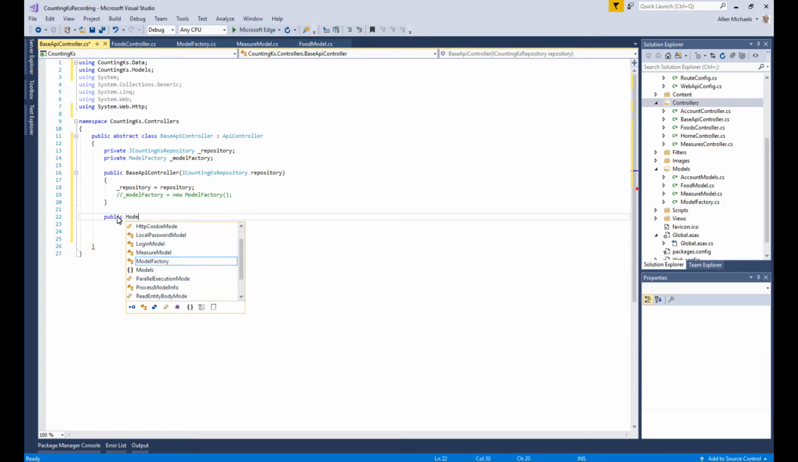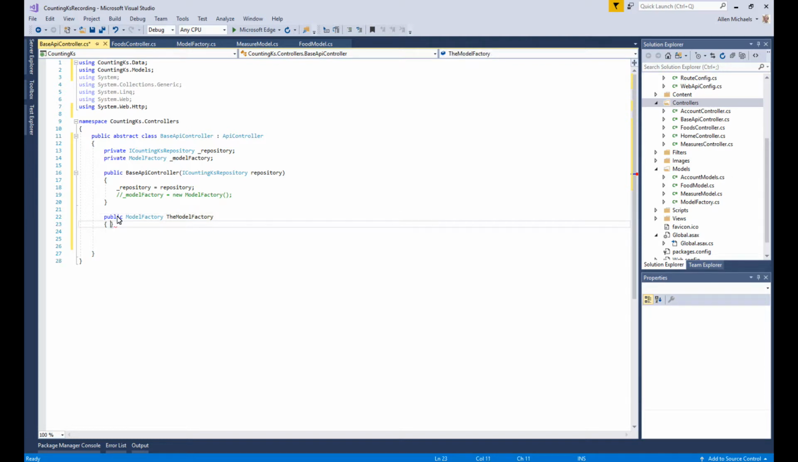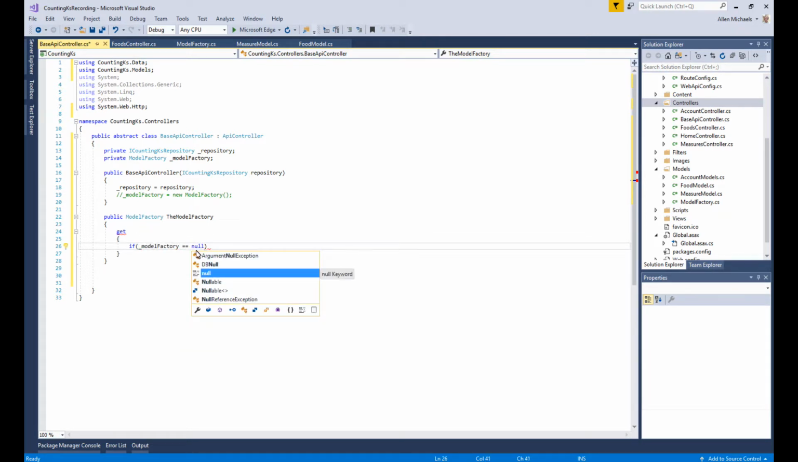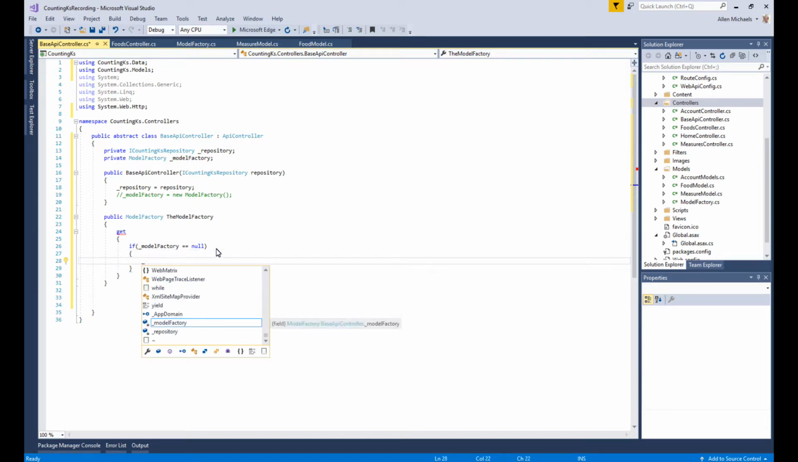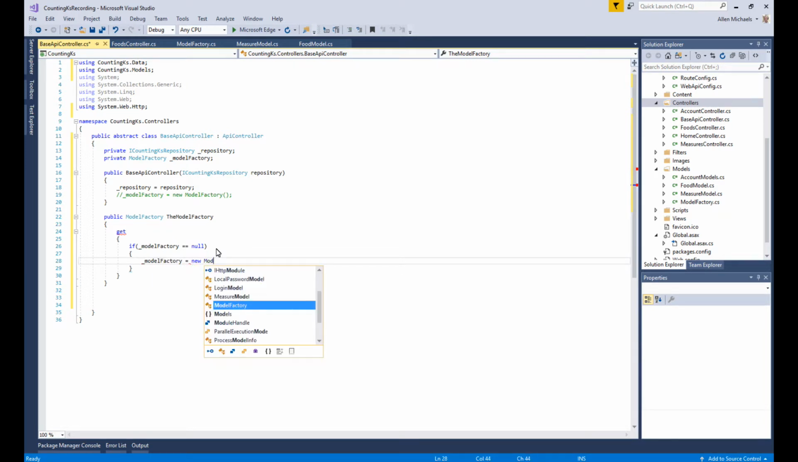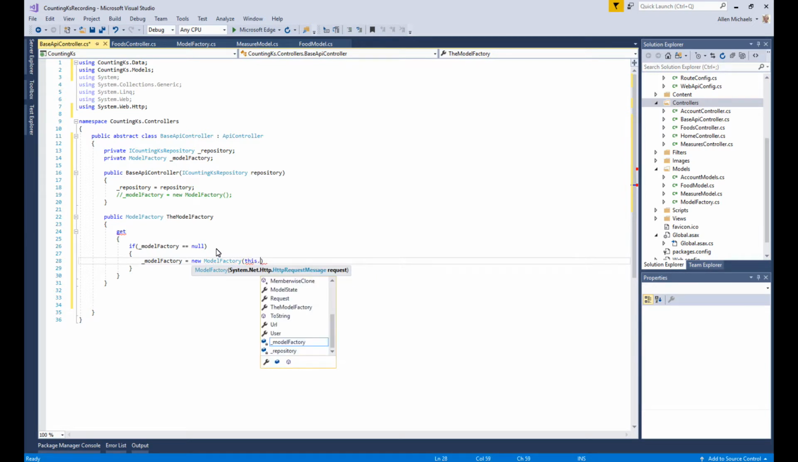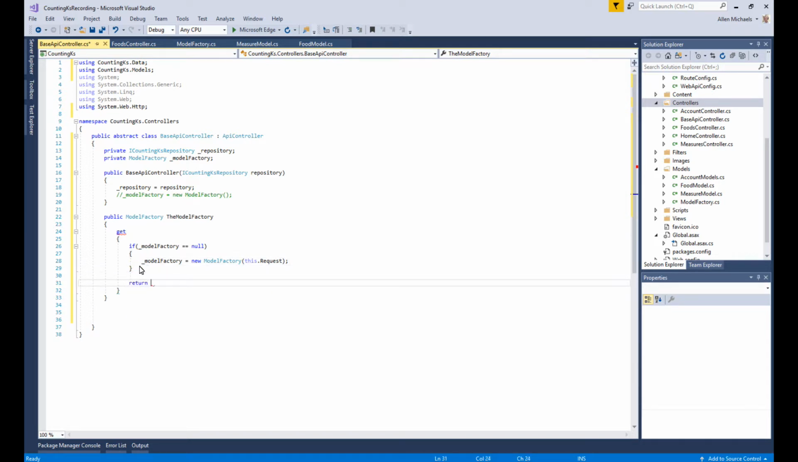So public model factory, call it the model factory, and inside we have get, and then we say if model factory is null, we new it up with the request, and else we return model factory. So we effectively deferred the creation of this model factory until we have the request,